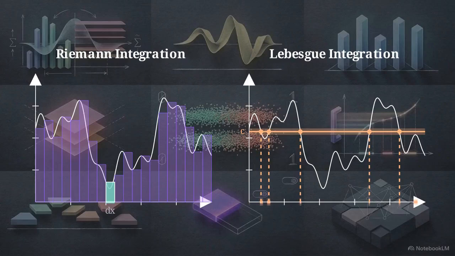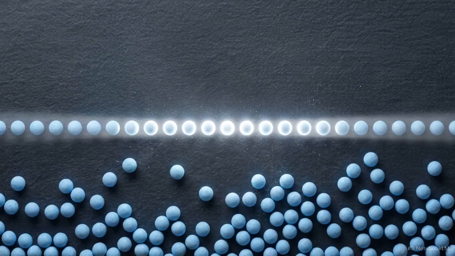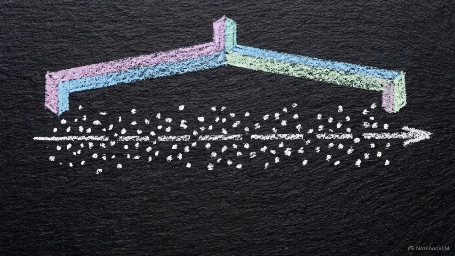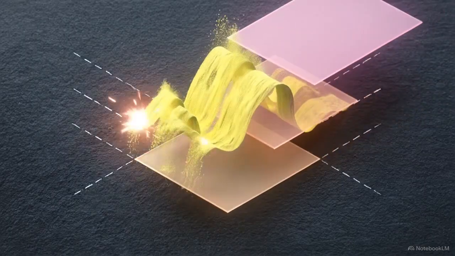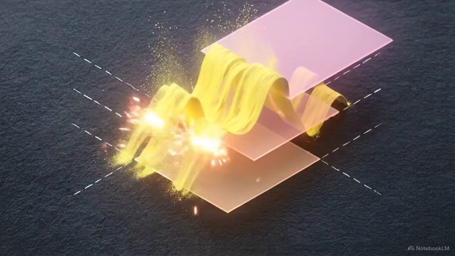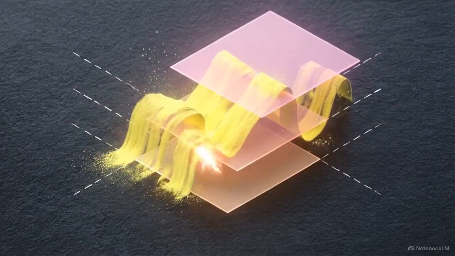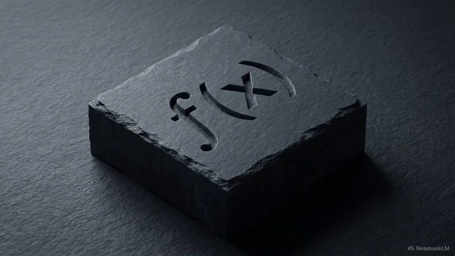reaches exactly this height? Lebesgue's method groups non-adjacent points together based on their output value, ignoring how scattered they are on the x-axis. This requires a way to calculate the size or length of these highly scattered, non-contiguous sets of points on the domain. Partitioning the range is the core intuition of the Lebesgue integral, allowing us to process functions with infinite fluctuations. Executing this strategy requires the first building block of the theory, the measurable function.